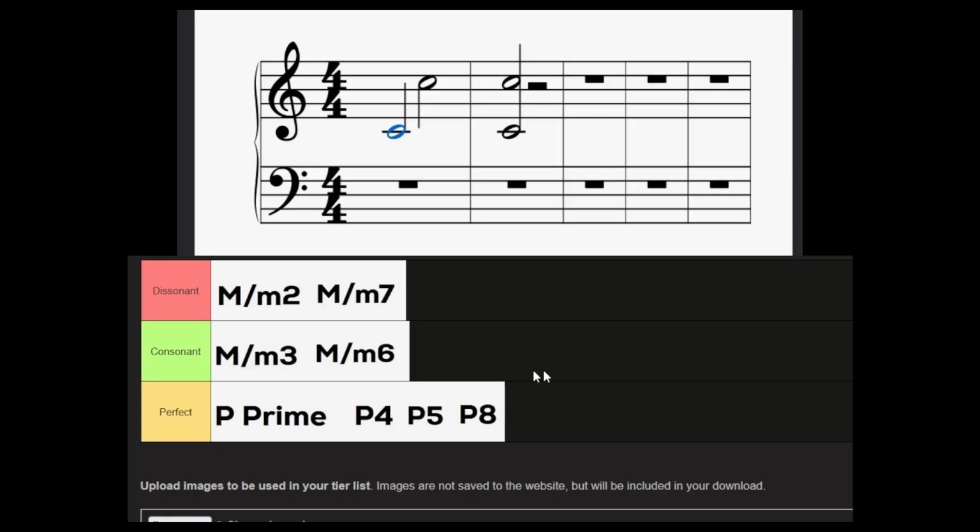And so here's where I'm going to move this one over here, and we get to notice a pattern. We'll notice our two dissonant intervals, the second and the seventh, add up to the number 9. Our consonant intervals, third and sixth, also add up to 9. Here we have our fourth and our fifth, once again adding up to 9. And our perfect octave and our prime, which could also be represented with the number 1, 8 plus 1, also adds up to 9. And so what we're about to go over is called the rule of nines,